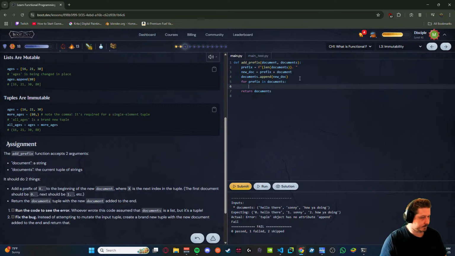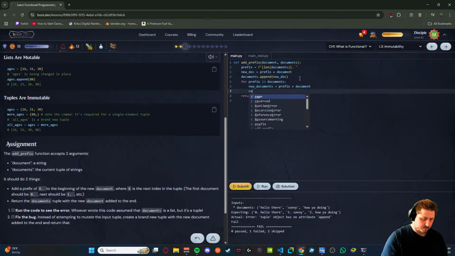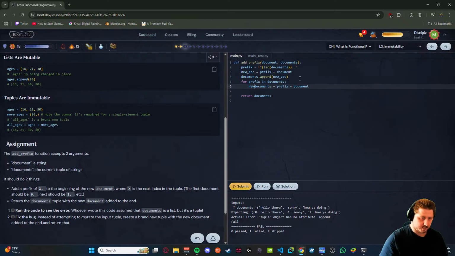Assuming I don't need to, so new documents equals prefix plus document. Well, I have to change documents, I guess. Maybe.